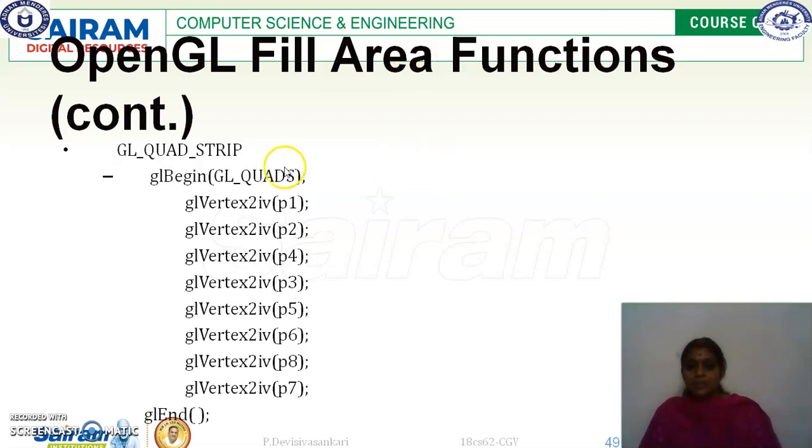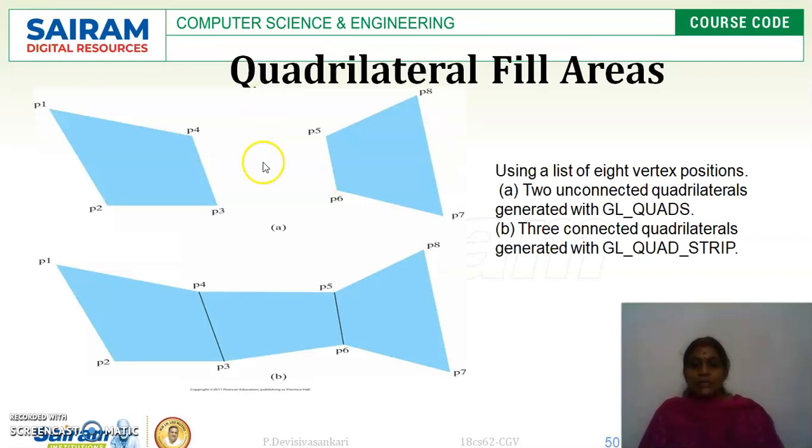And next comes the quad strip. So strip means the way we are joining the quads together, right? So here P1, P2, P4 and P3, again P5, P6, P8 and P7, right? So here you may ask why the points are interchanged. It is because of the way we are expecting the output, right? See, P1, P2, P3, P4, this is the very first quad, and this is the second quad, P5, P6, P7 and P8, right? So this is considered as two unconnected quads, right?